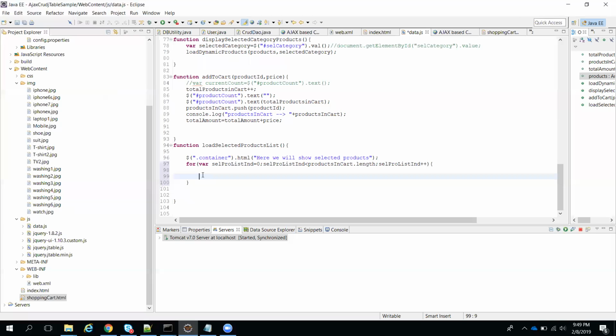So instead of here, let object mean selected. We can use where.